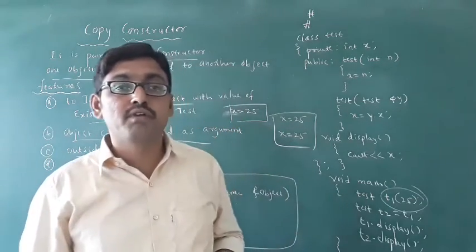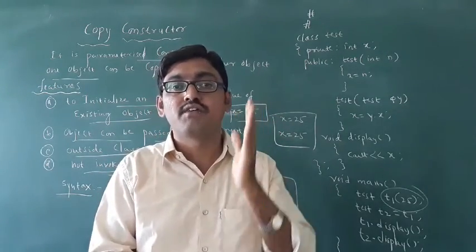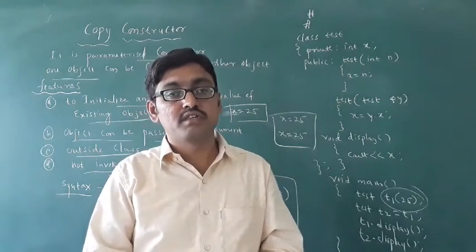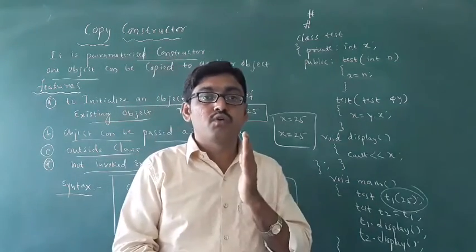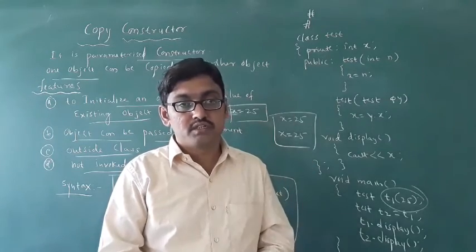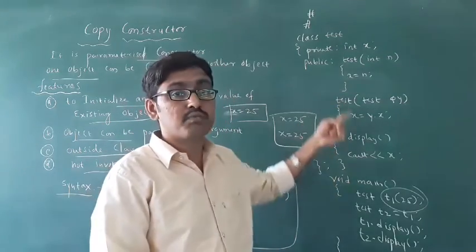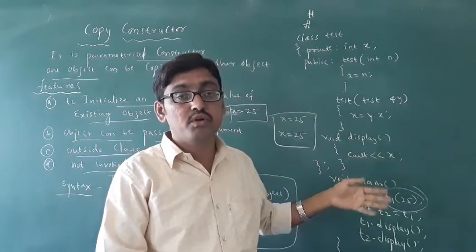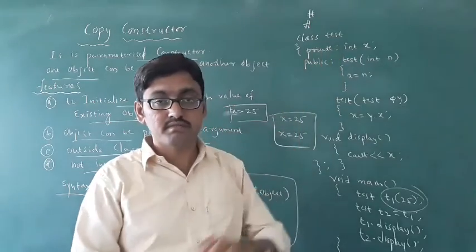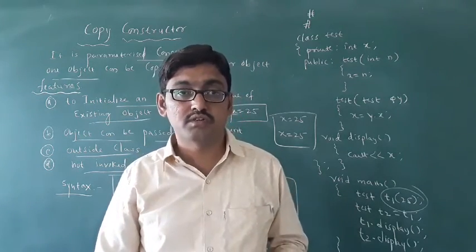This is the third type of constructor. The first one, as you know, is the default constructor that does not have any arguments. The second one is the parameterized constructor, which has arguments. The third one is the copy constructor, where you copy the values of one object to another object. For both the parameterized constructor and the copy constructor you can easily write this program, because I am using the parameterized constructor here. Got it? This is about the copy constructor.